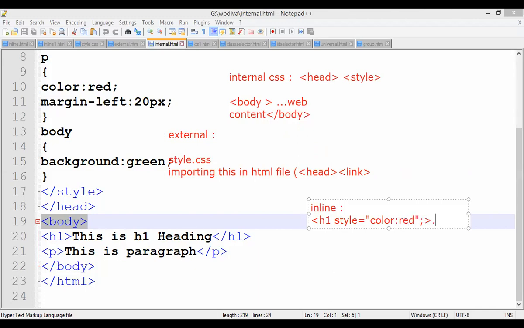And then whatever value for H1, and then close the H1. So in inline, what happens, guys? It falls within the body tag. All the code is written within the body tag. So this is very, very, very important. So this is all about different types of CSS.